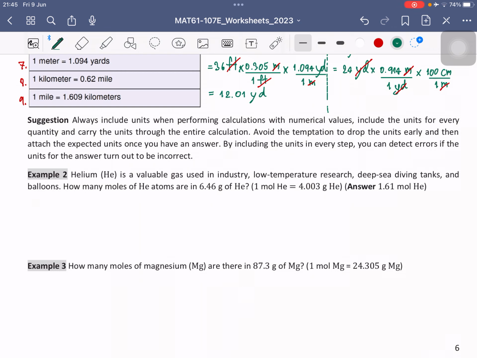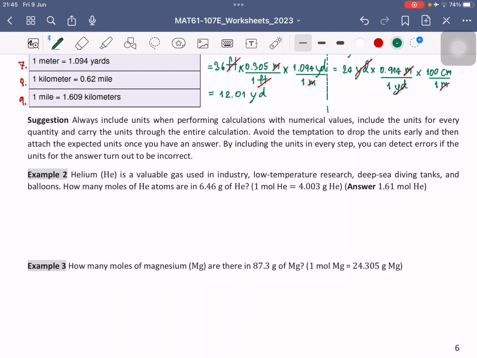Helium is a valuable gas, เป็นแก๊สที่มีค่า, used in industry, low temperature research, deep sea diving tanks and balloons. ใช้ในอุตสาหกรรมต่างๆ. The question is, how many moles of helium atoms are in